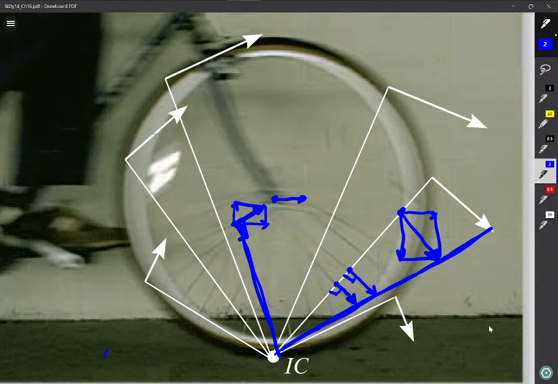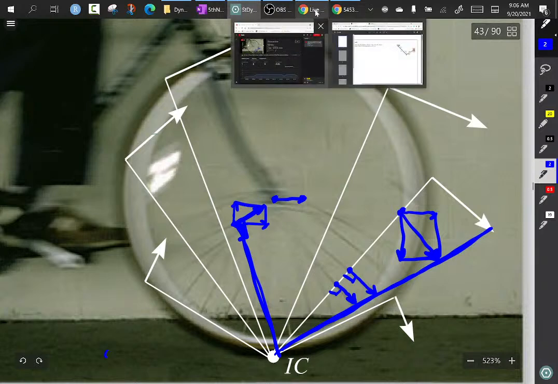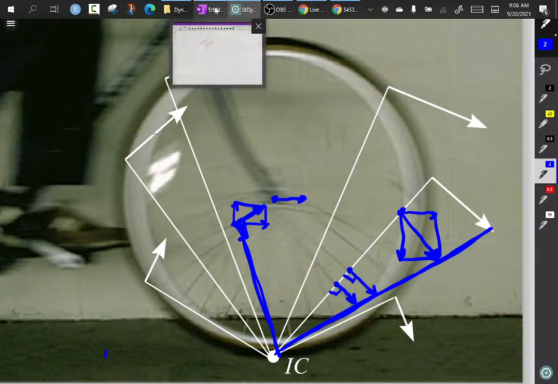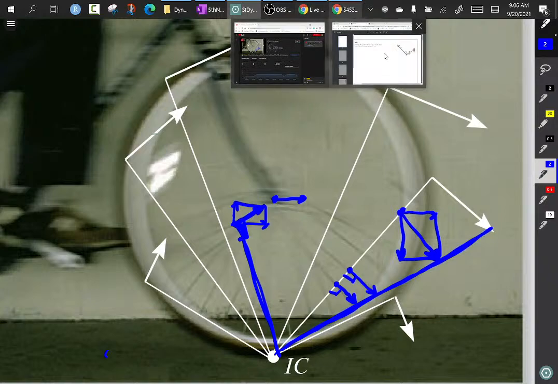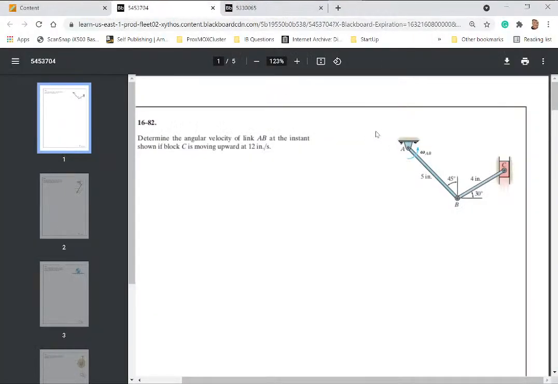So how can we use this? Well, let's take a look at that problem, which I believe is right here. It says: determine the angular velocity of the link AB at the instant shown if block C is moving up at 12. So I'm going to have to copy this to paste it down over in, let's see,